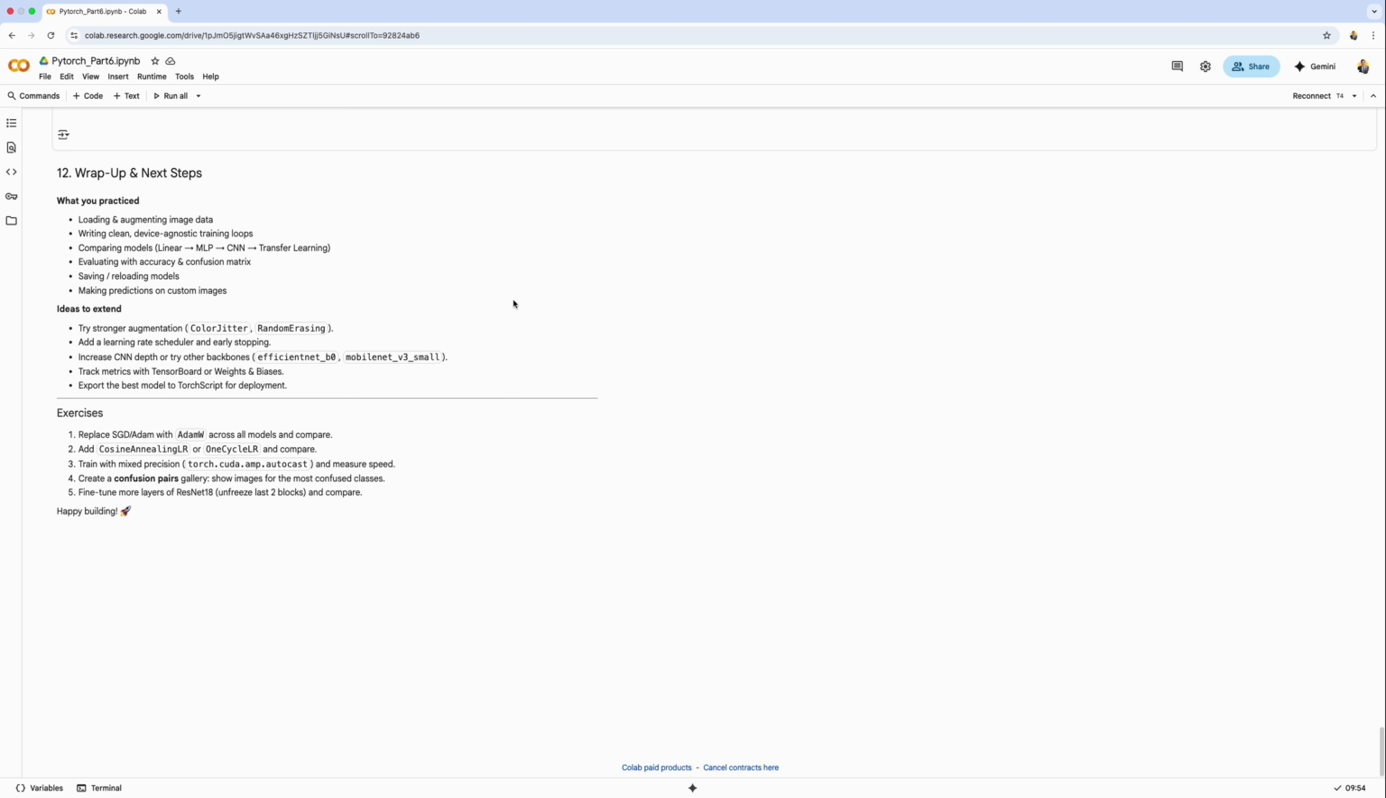And if you want to really challenge yourself, here are some exercises. Swap out optimizers, use AdamW everywhere and compare results. Experiment with schedulers like CosineAnnealingLR or OneCycleLR. Train with mixed precision to measure speedups. Create a confusion pairs gallery showing images the model confuses most often. Fine-tune more layers of ResNet18 by unfreezing deeper blocks and compare. Each of these pushes your PyTorch skills to the next level. So keep experimenting, keep measuring, and most importantly,